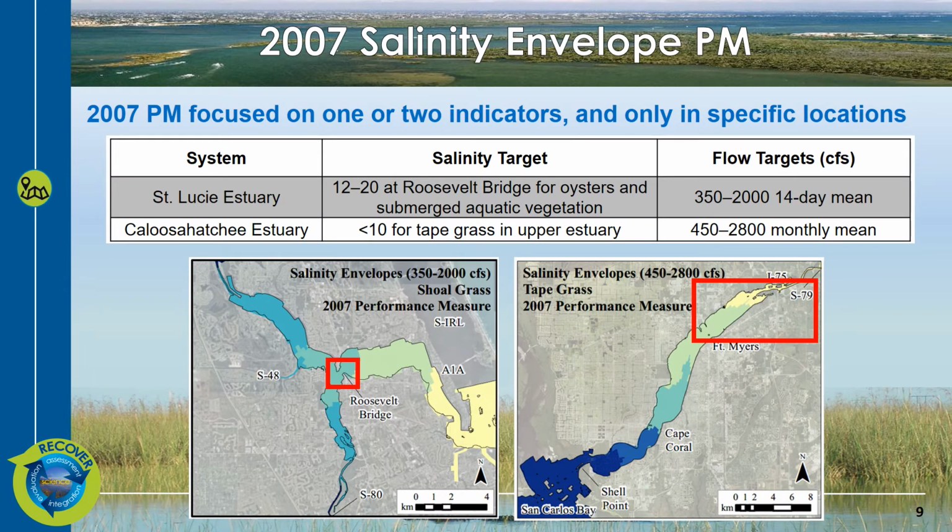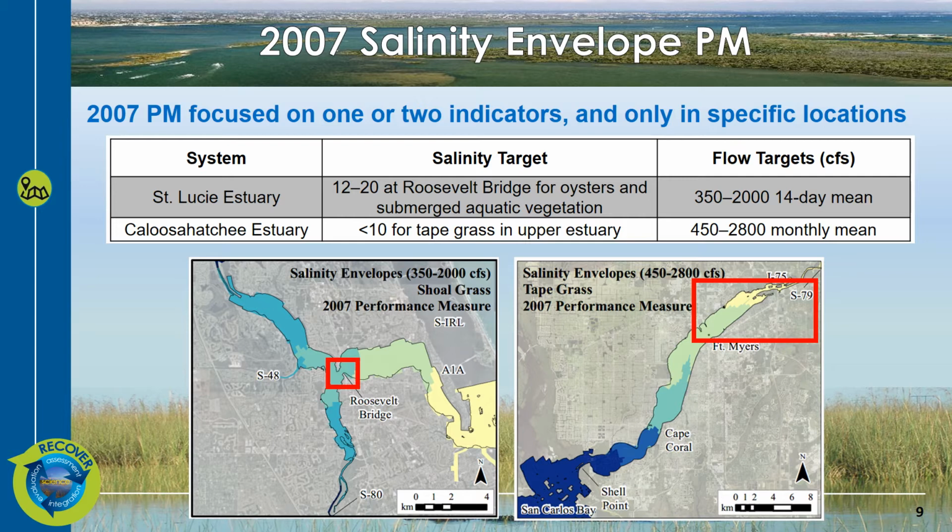The first salinity envelope PM for the northern estuaries was developed in 2007, but flow targets for each of the two estuaries were only based on one or two indicators and only in specific locations. On the left is a map of the St. Lucie estuary, where the target salinity of 12 to 20 at the Roosevelt Bridge in the small red box on